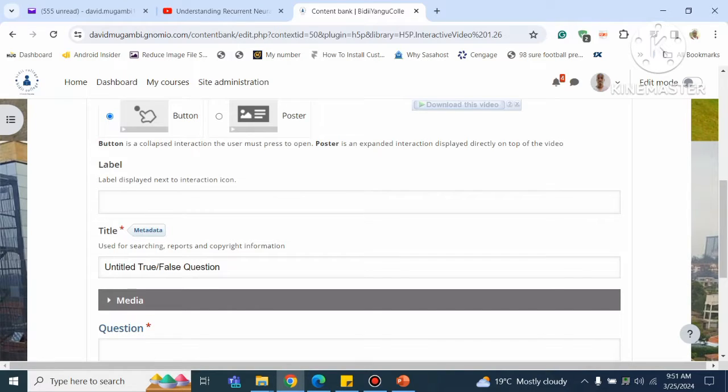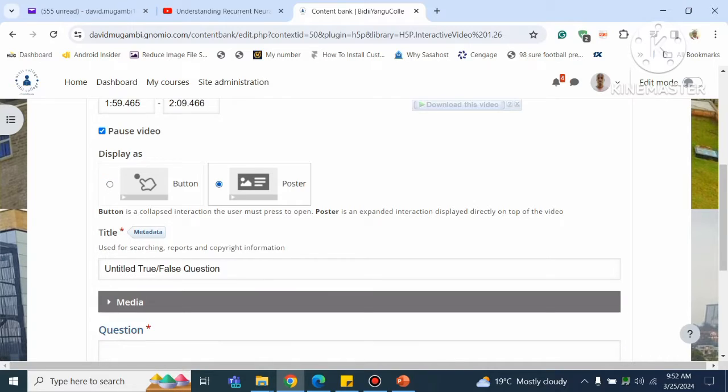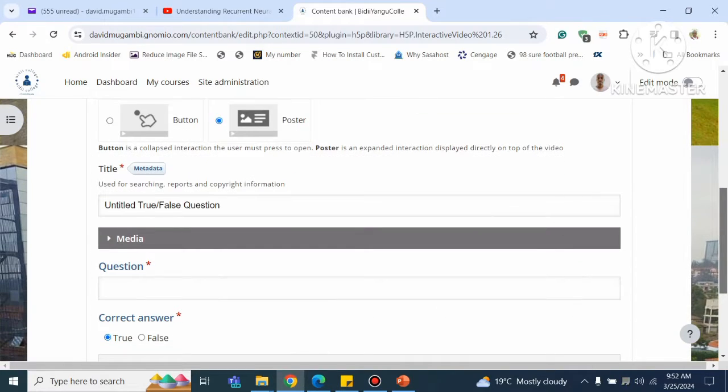On that we usually have the display as either a button or a poster. A button is a collapsed interaction that the user must press to open, while a poster is an expanded interaction displayed directly on top of the video. Most of the time I opt for a poster because it will appear on top of the video, and I can put the title as recurrent